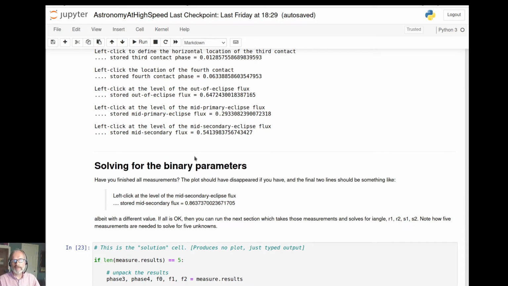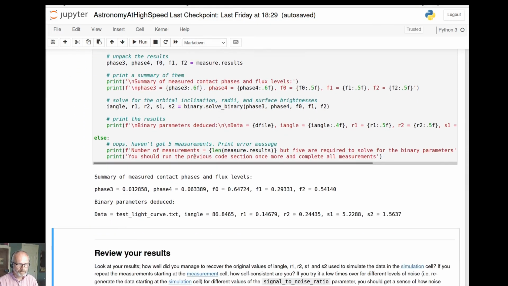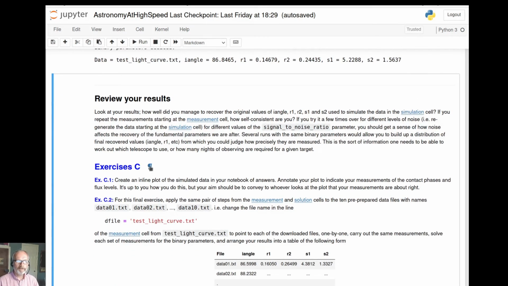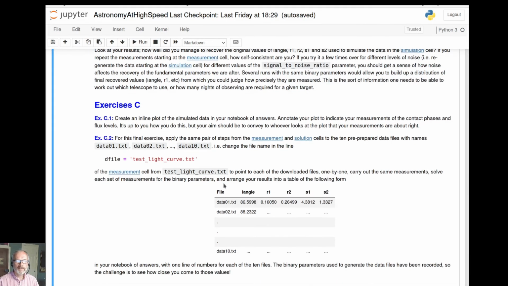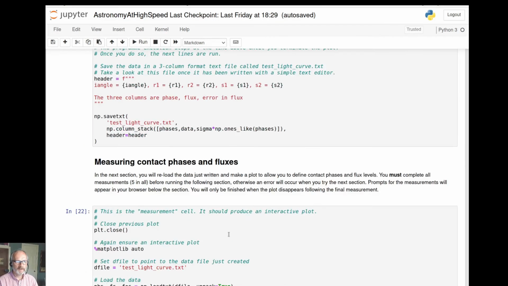Of course in reality you wouldn't know what they were, but you can still go through the process to measure things to deduce the parameters of the binary, and that's what is done for a lot of binaries. Okay, so at this point you should look at your results and check things are going well. Then finally, exercise C, to finish off the two exercises here: I've given a set of data files where I haven't told you what the binary parameters are, and your job is to use the same measurements, just running this part again here, but changing the file name